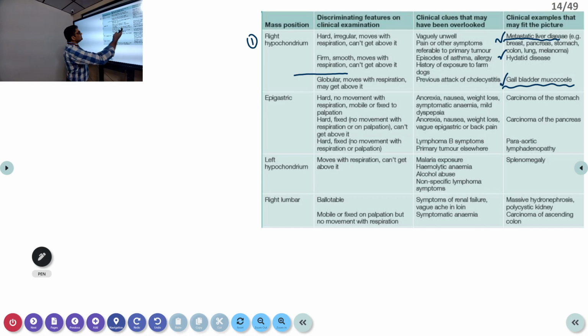Similarly here also there will be vague unwellness. Because it is metastatic liver disease, the malignancy has spread too much. The patient will be unwell, with loss of weight and loss of appetite. All those things will be there, and the symptoms of the primary tumor will be there. Okay, HCC, that is hepatocellular carcinoma, the primary carcinoma of the liver. There the patient may present with liver failure like features. For example, jaundice may be there, and bleeding may be there, mainly because of fluctuation in the INR.